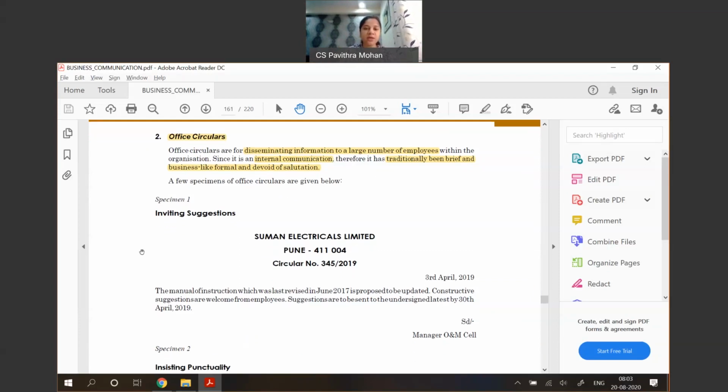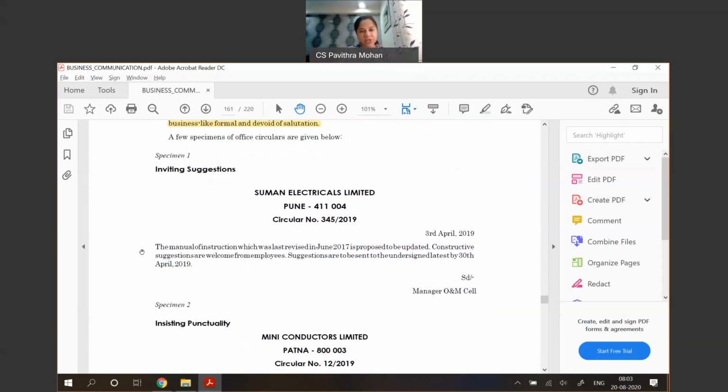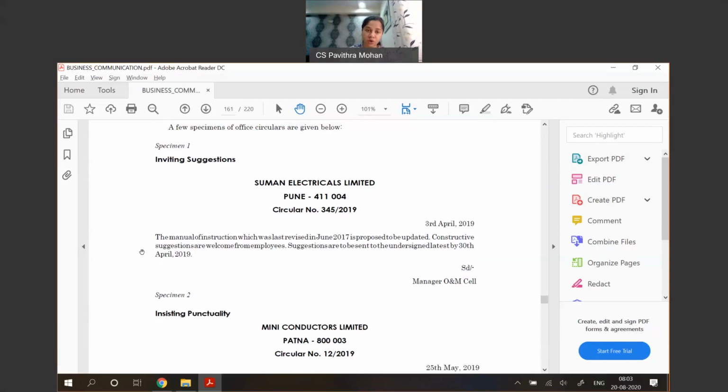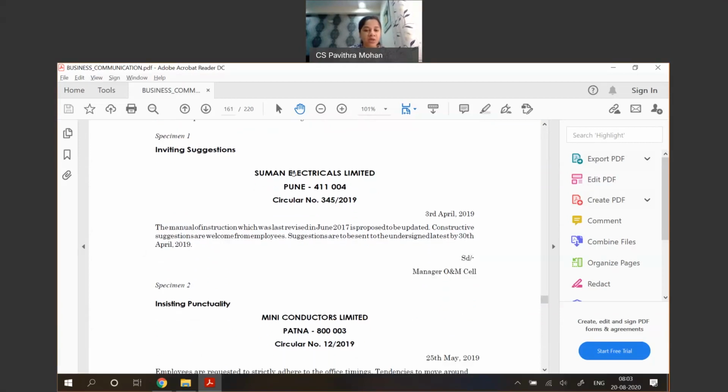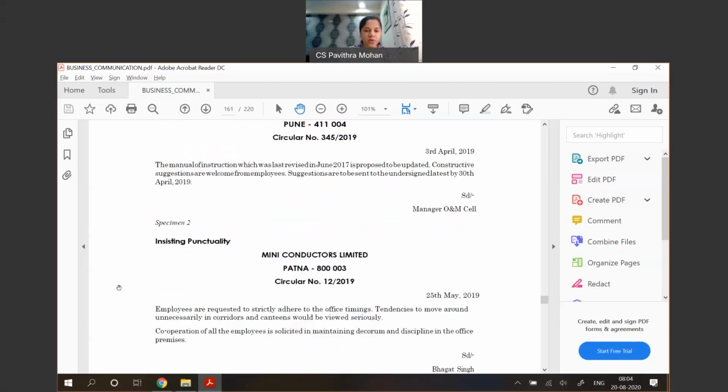So here, the traditional method of sending information to a large number of employees will be through office circulars. Here, we start with the company name. We start with the circular number or reference number, and date. Here we don't have any salutations, dear sir, dear madam, or anything. The content will be provided, and whoever is passing on this message, only they will sign. This won't be given to whom it is addressed, because this is addressed to everybody in the organization. So that's when office circulars come into picture. Then you have